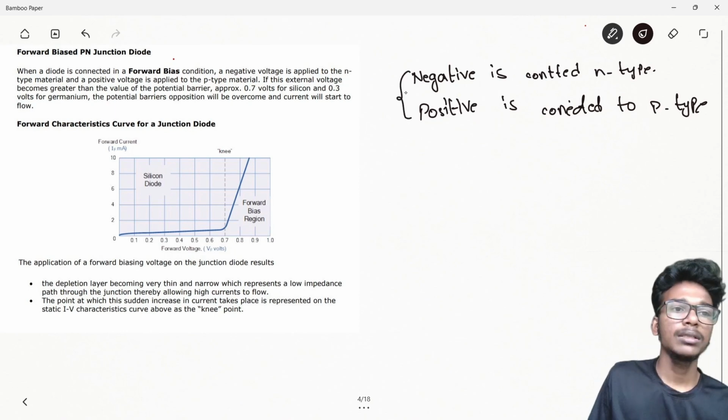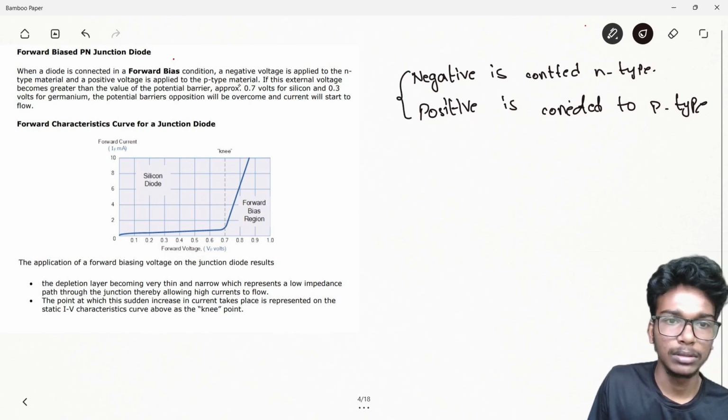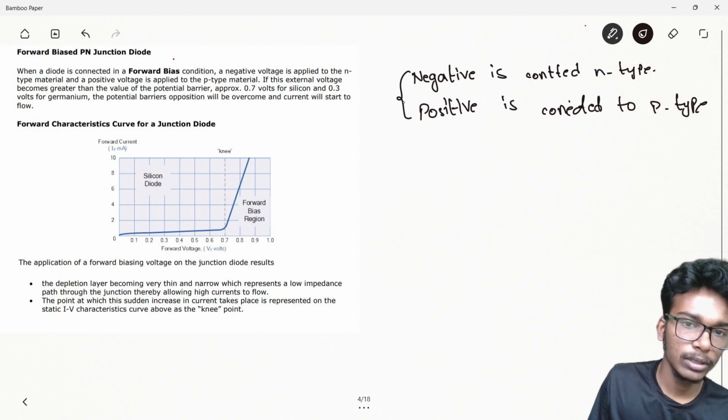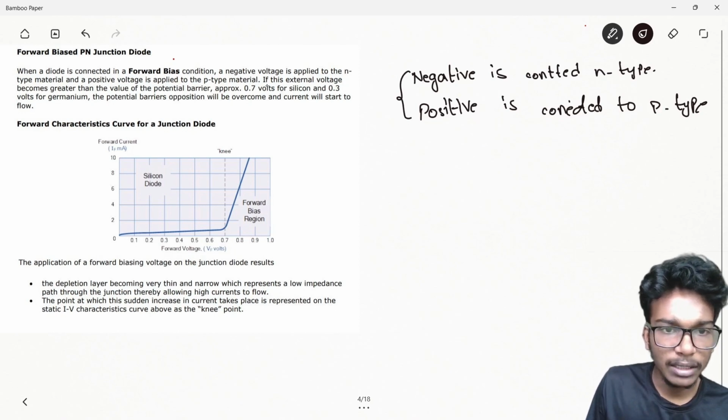This configuration is known as forward bias PN junction diode. Just remember this. Don't forget this. This is the whole point of forward biasing. That's it. If the external voltage becomes greater than the value of a potential barrier, approximately 0.7 volts for silicon